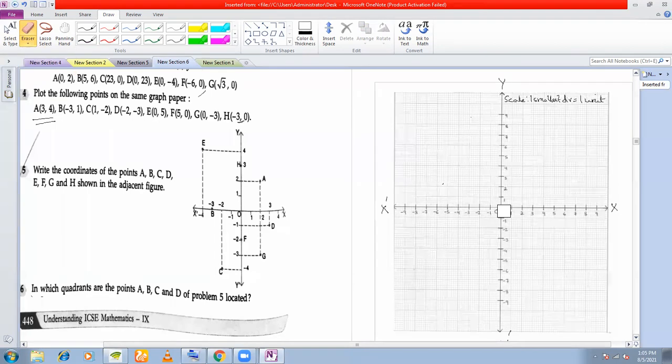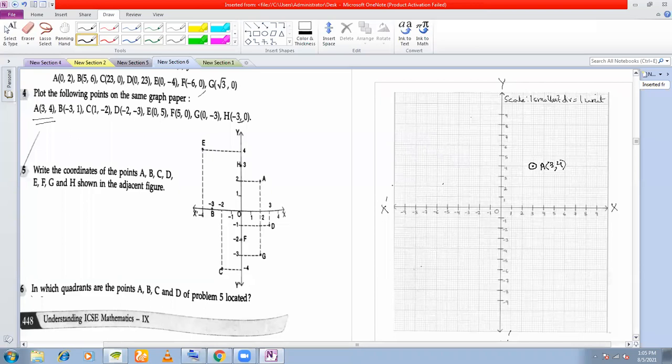So how will you write the points here? Remember, when you are writing the points, this is the way you are going to write. You'll give the point here, and you'll encircle the point, and you'll write A, and then you will write the coordinates (3, 4). Clear? This is the way you write points on the graph sheet. Clear to everyone? Yes, sir.